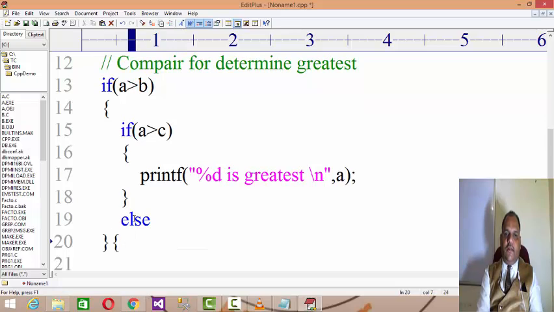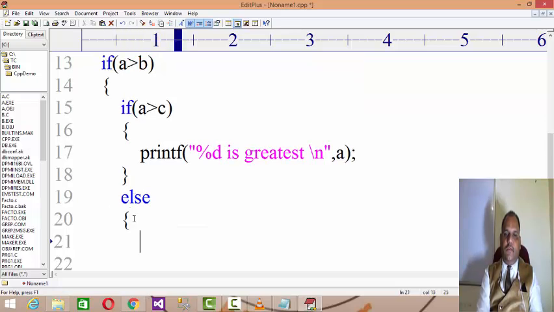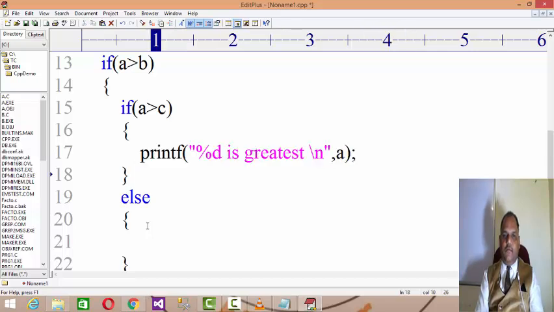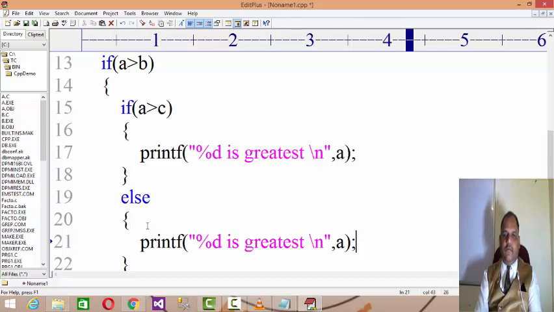Now just try to understand. If a is more than b, but a is not more than c, it means obviously c is more than b also, right? So here you can write that the greatest value is c. Why do I say the greatest value is c?